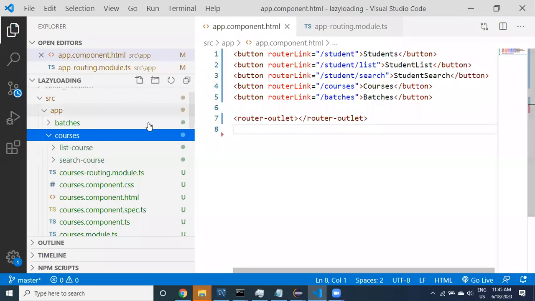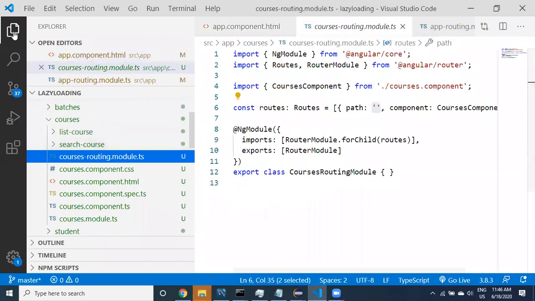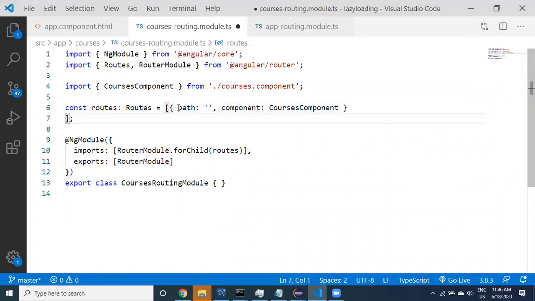Let us go here in the courses. We can see list course and search course. If you go to routings, you already have one route. This is the default route for blank.